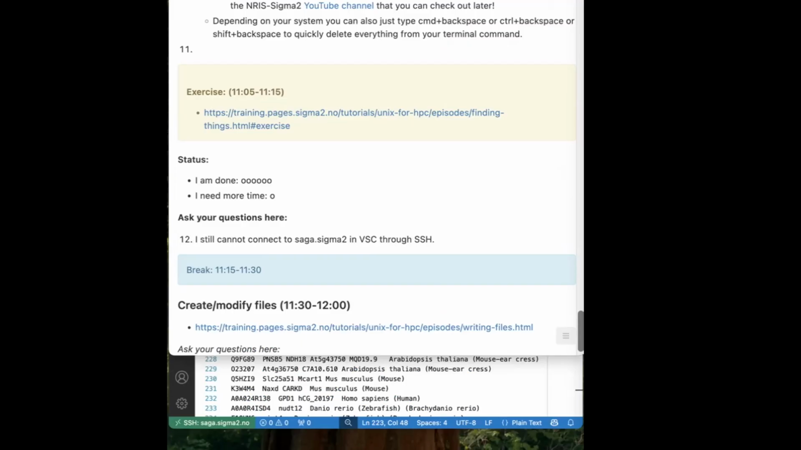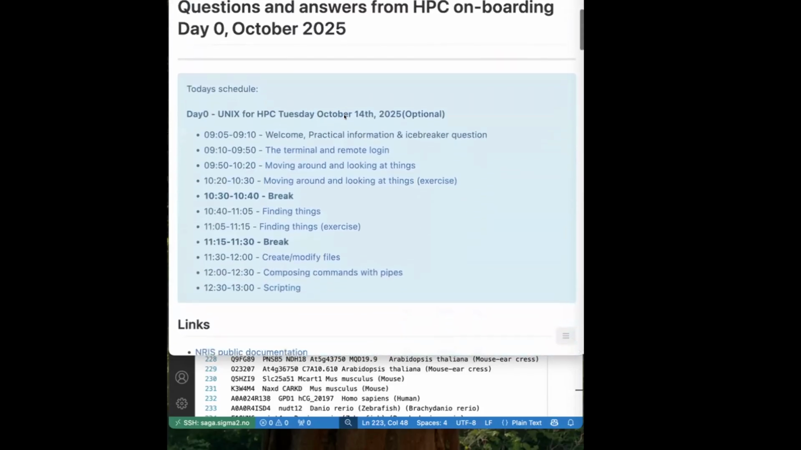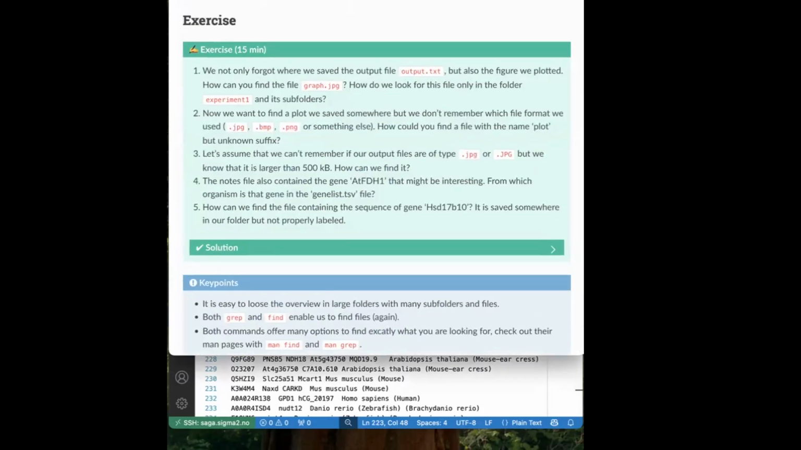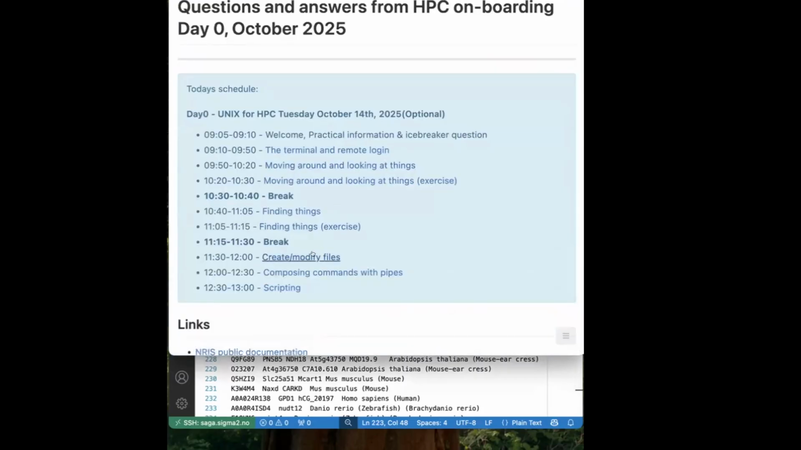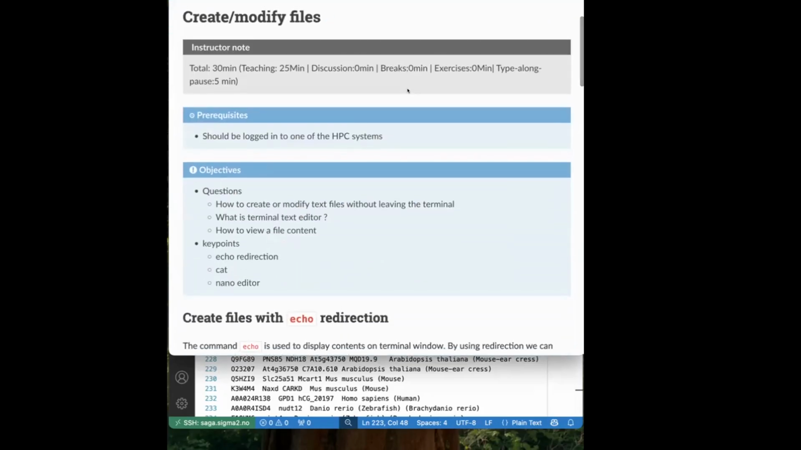In the meantime, we will move on to the next session, which is about creating and modifying files. So let's go into creating and modifying files. In the same way that the previous section mainly dealt with two things, find and grep,